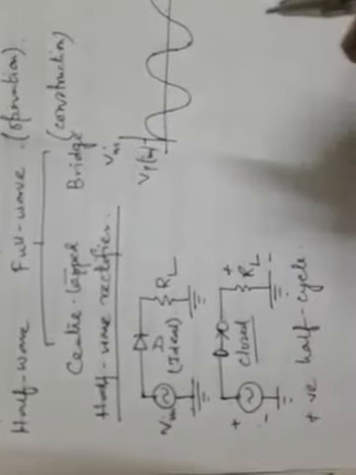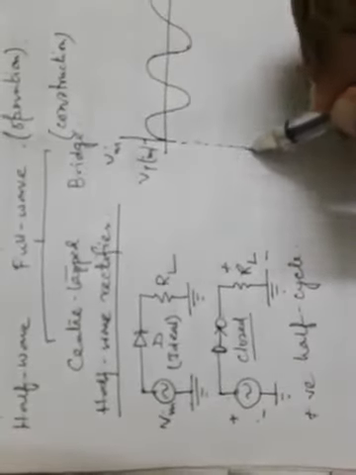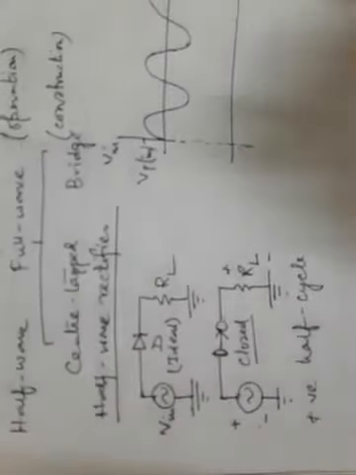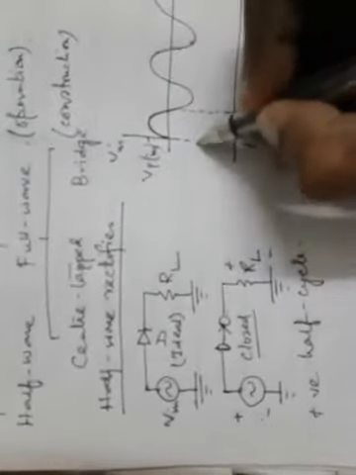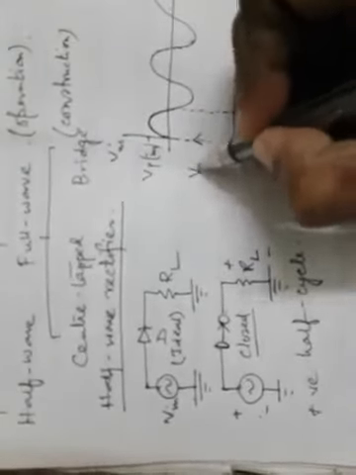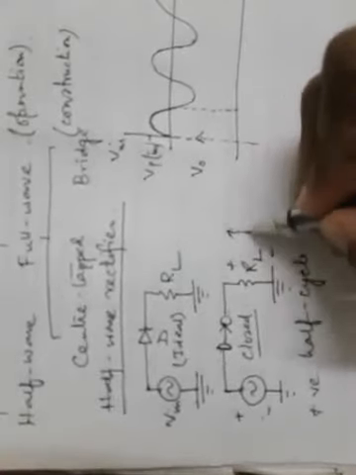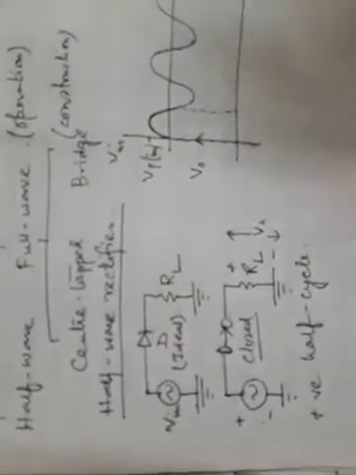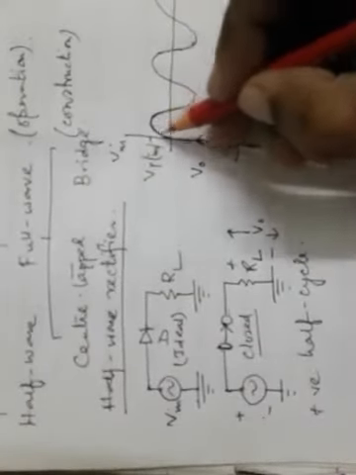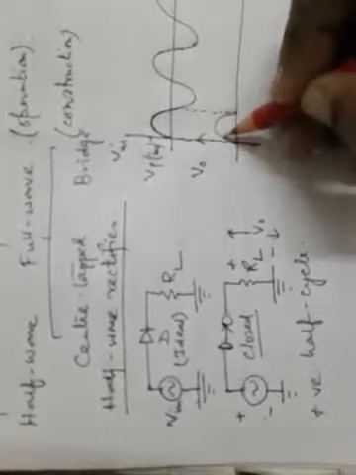So if we go on drawing the characteristic curve during the forward bias, that is the positive half cycle, that is this part. If this is VO, suppose VO is the output voltage, then VO will be just the same as the input, that is this half wave nature. It will be like this.